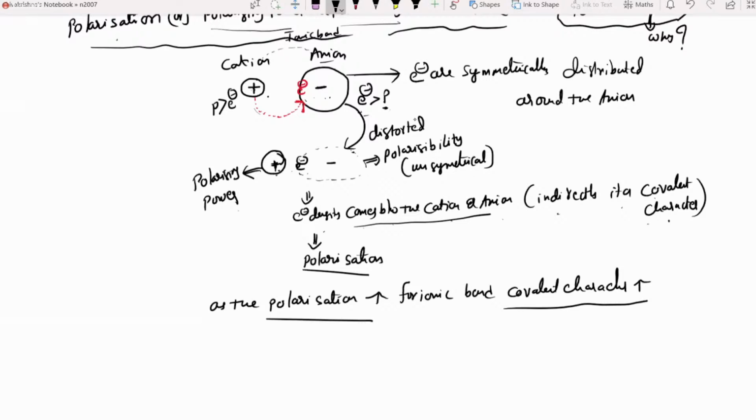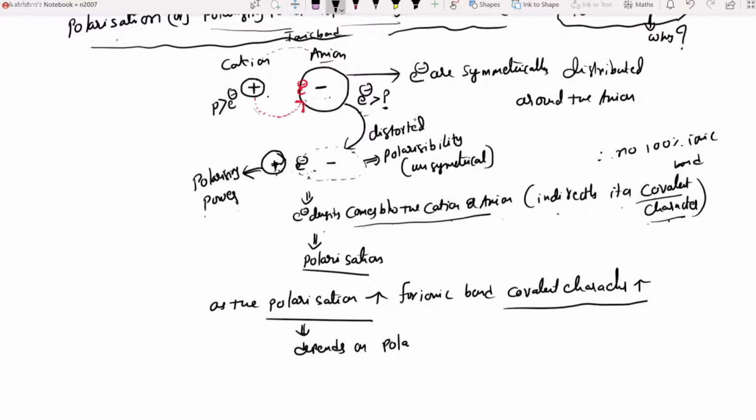Why? Because every cation always attracts the electrons of anion. Due to that, they are not 100% with the anion. They are in between the cation and anion. A little bit of covalent nature will be present. That is the reason why no 100% ionic bond is present. Every cation behaves like this. But which is more, which is less, depends upon the cation size and anion. Yes or no? So polarization depends on